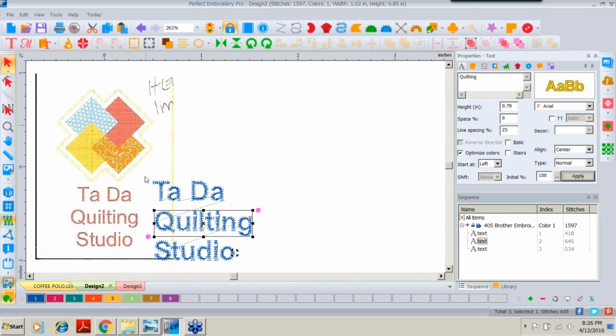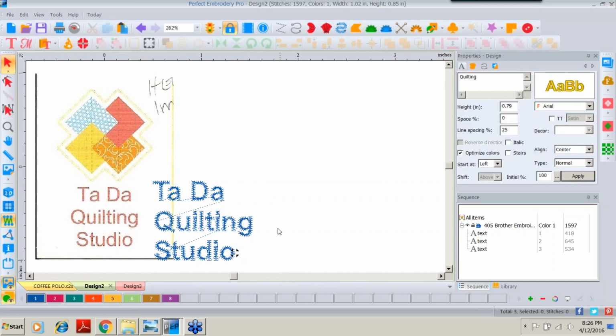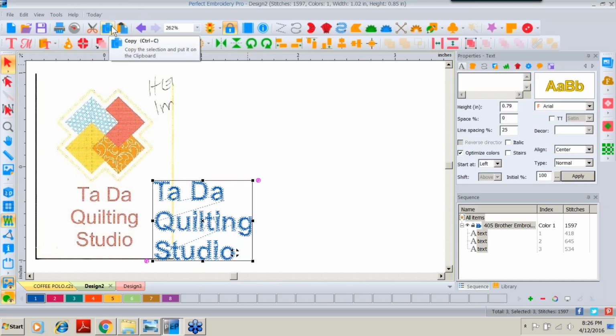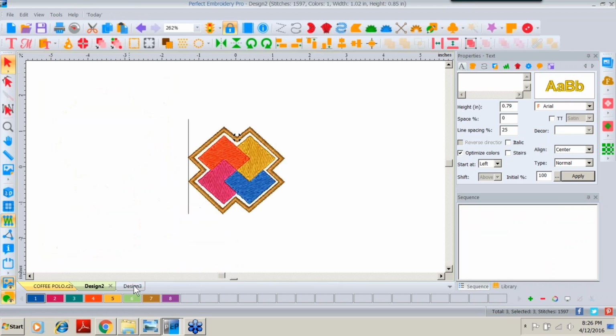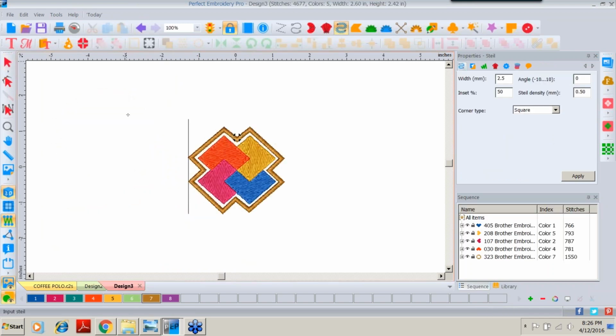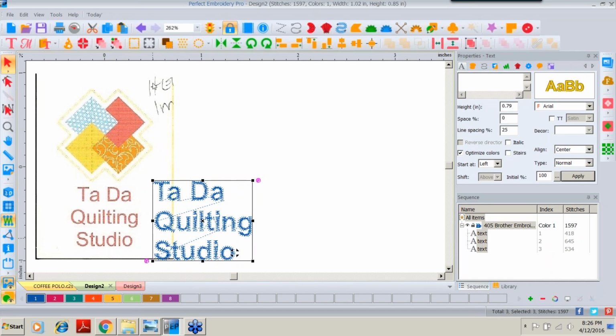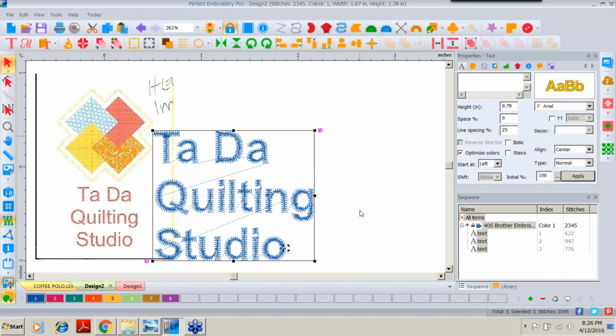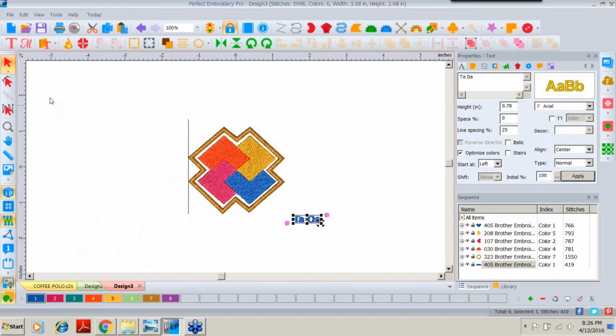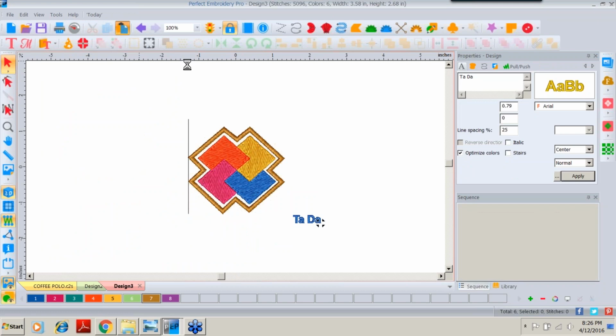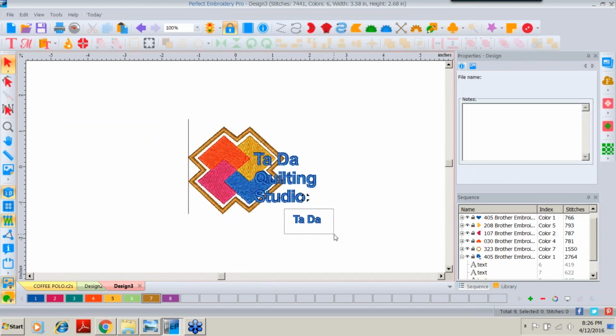and we'll apply that. And I'll select these three, come back up here, copy, come over to my design with the image on it, and I will select here and paste. Did I not catch all of them? I did not. Let me go back and get all of them. Tell you what, before we do that, let's size them just a little bit. Now we'll do a copy, come over to design 3, select and paste,